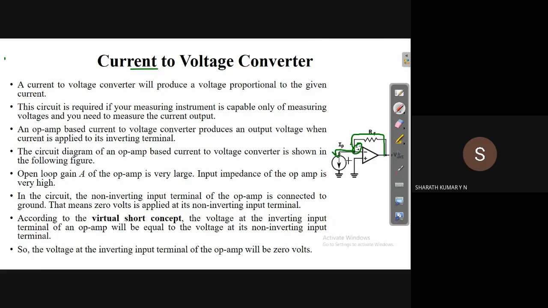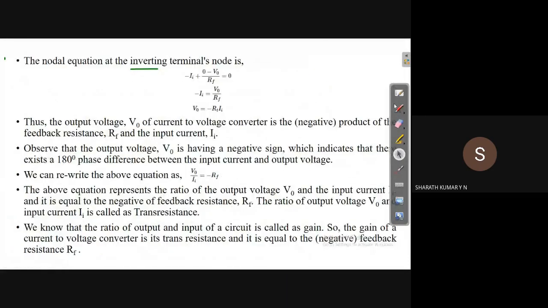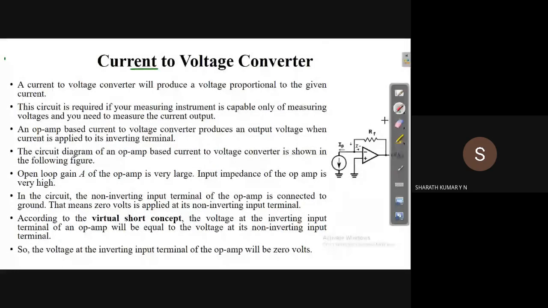And through RF. The reason the current is flowing in this direction is that the current direction is a convention. If we say this is the direction of the current, that means electrons are flowing in the opposite direction. If the current direction is given like this, the electron flow will be in the opposite direction. Electrons will replace the holes, and in that process it will generate the current.